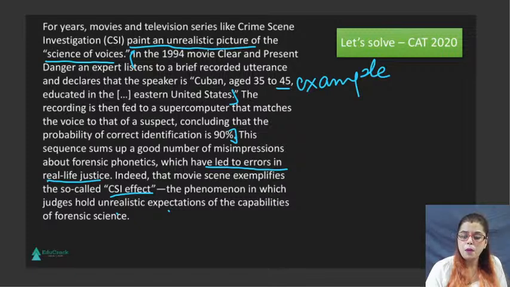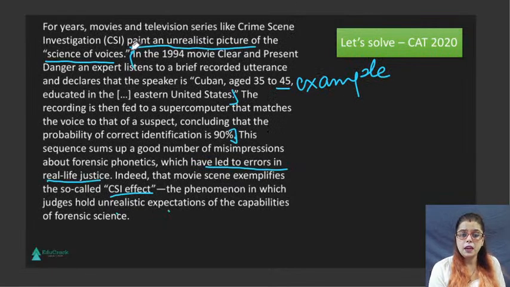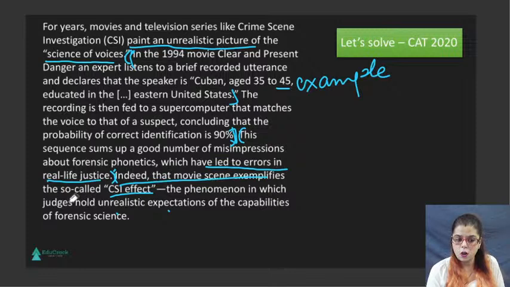So what probably could be the correct answer here? Voice recognition has started to feature prominently in crime scene intelligence investigations because of movies and television series. Now let's go back to the passage. From here to here is the example. This here is an explanation of the example, and what is it doing? It is bolstering the first part. Bolstering means to support. This here is a supporting statement, and this last sentence is also a supporting